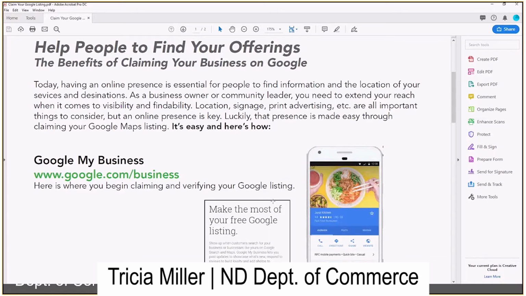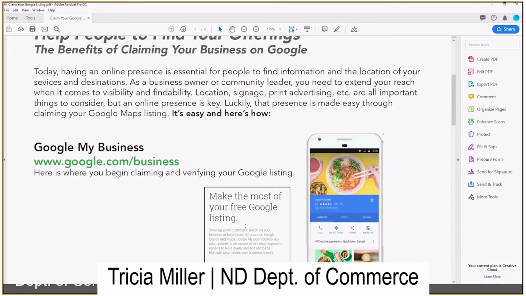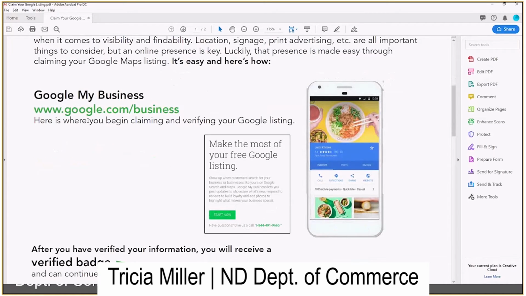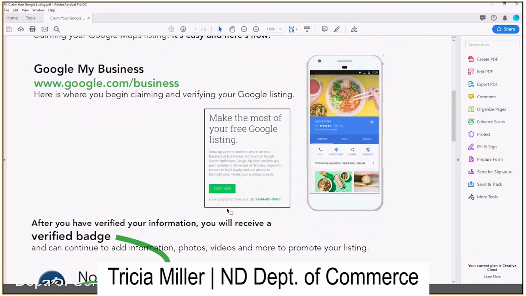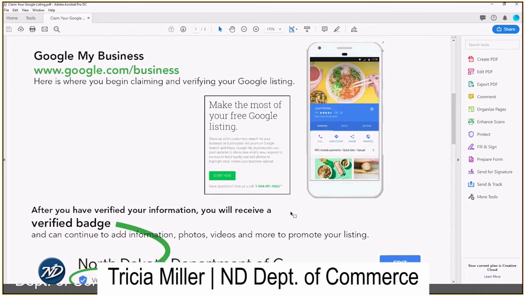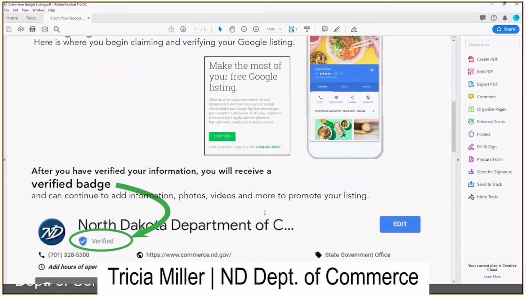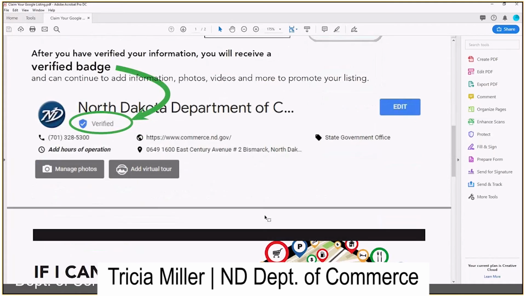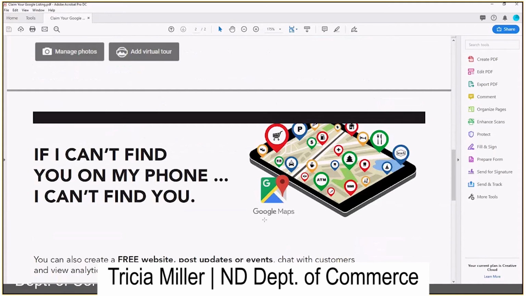So basically, it's to help extend your reach, and it brings visibility and findability to people that are looking for you. And so by doing that, the first step is to verify your identity and who you are and take ownership in that. So I should probably pull up a different browser so you can look at how it views.